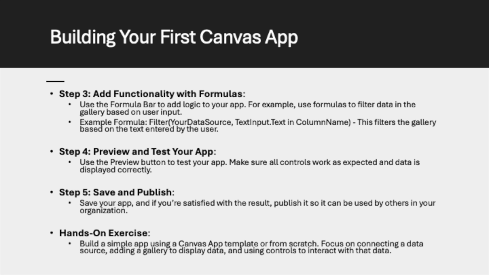Step 4 is preview and test your app. Use the preview button to test your app. Make sure all controls work as expected and data is displayed correctly. Step 5 is save and publish. Save your app, and if you are satisfied with the result, publish it so it can be used by others